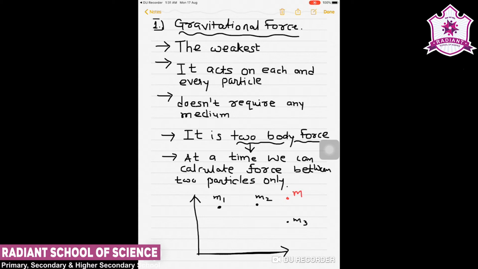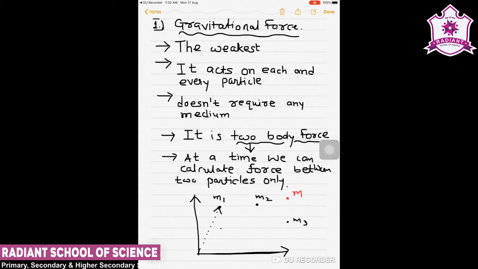Now suppose I want to find out the force acting on this particle m due to m1, m2 and m3. So what I need to do here, first of all we will say